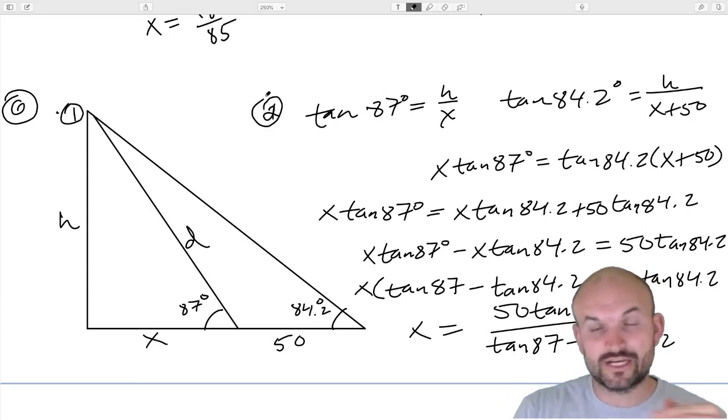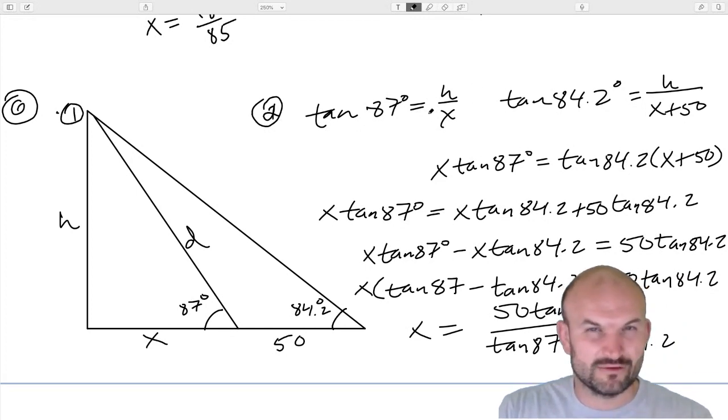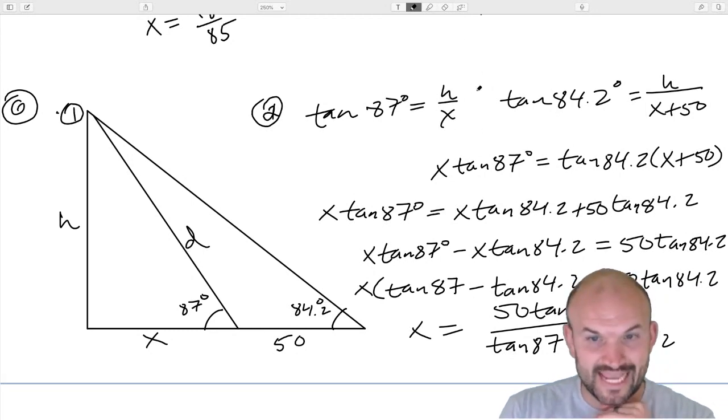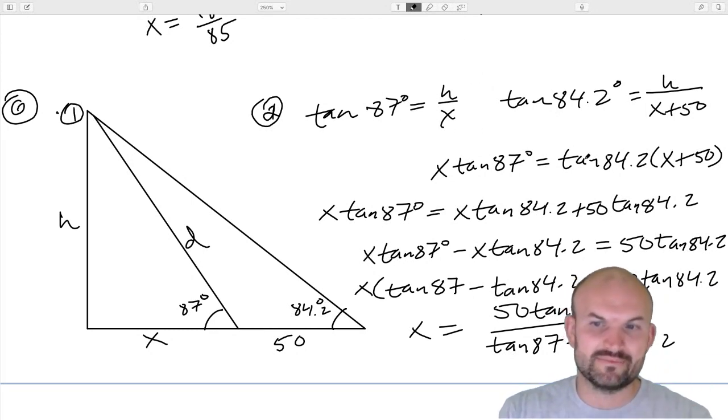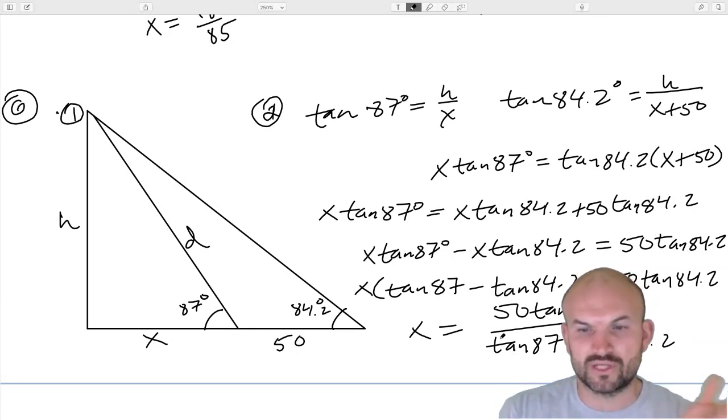Then the next step is creating your trigonometric equations. What they have in common is x, but that's a little more difficult to set them both equal to x. So what I did is I set them both equal to h, which is their height, and then I set them equal to each other. Now I can go ahead and solve for x, and then hopefully you can plug that into your calculator.